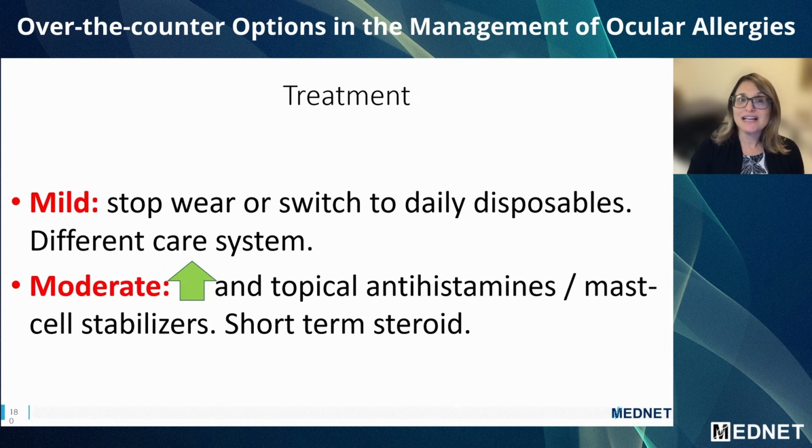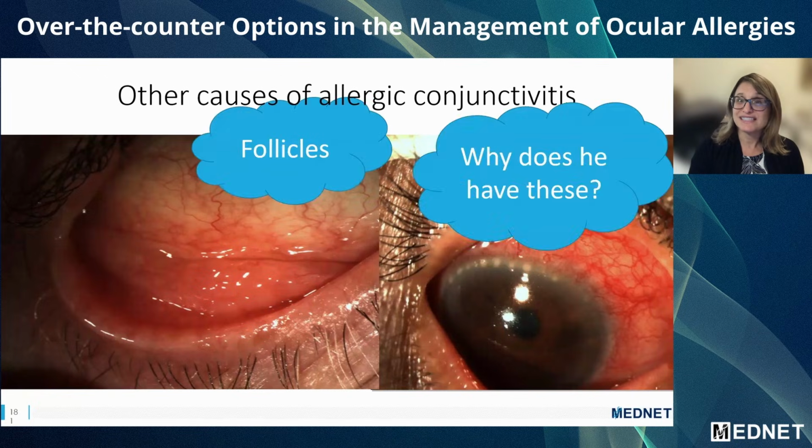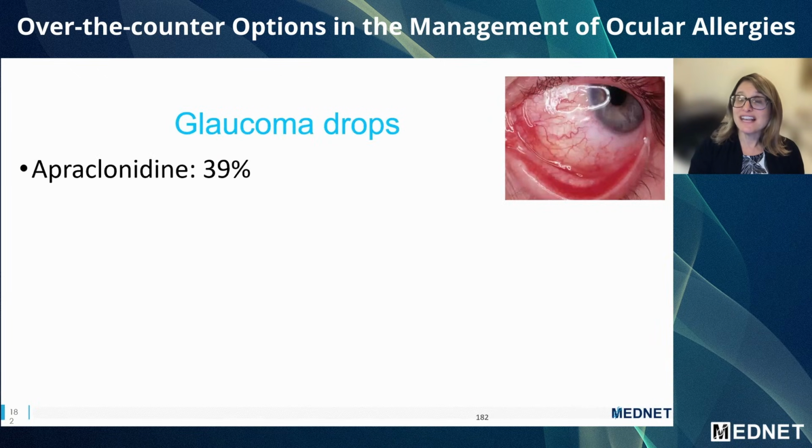When it's moderate, I do use topical therapies, and these are similar to the ones we've heard about because there is a type 1 hypersensitivity: a combination antihistamine mast cell stabilizer, and short-term steroids if there's a lot of inflammation. But it is important to recognize there are other causes of allergic conjunctivitis that may not show up with a papillary conjunctivitis. And in fact, sometimes they show up with a follicular conjunctivitis. And the offending agent is often topical medication,